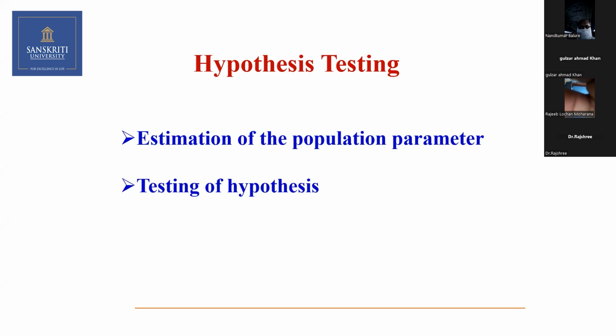Actually, whenever we visit some places, for example the Taj Mahal, we bring a small Taj Mahal as a token of our love to our loved ones, maybe our kids or our friends. By looking at this small Taj Mahal, we feel that, oh, the big Taj Mahal would be like this. The same thing, we are going to estimate the population parameter.